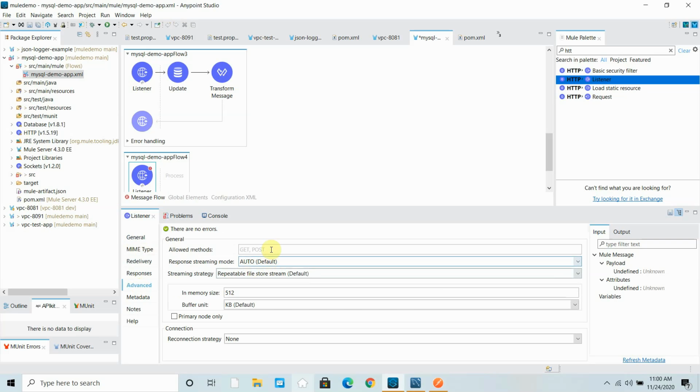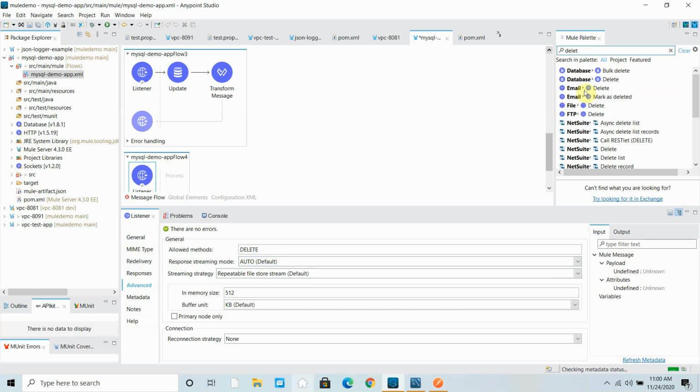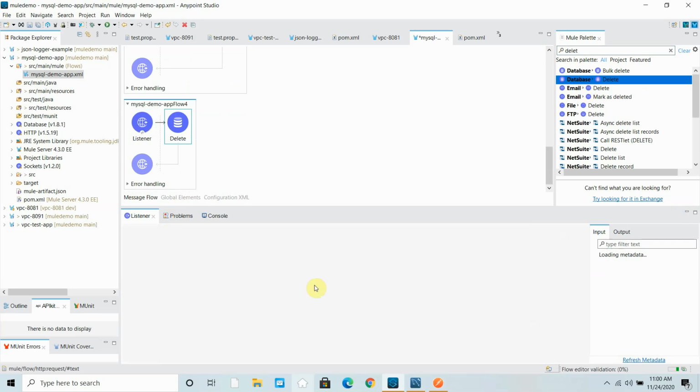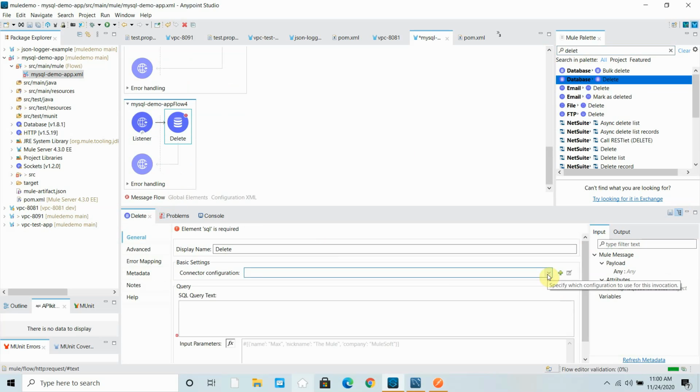Companies, advanced, delete. You can use a delete operation here. Okay, you can select the delete operation, then you can say database config. I can say delete from